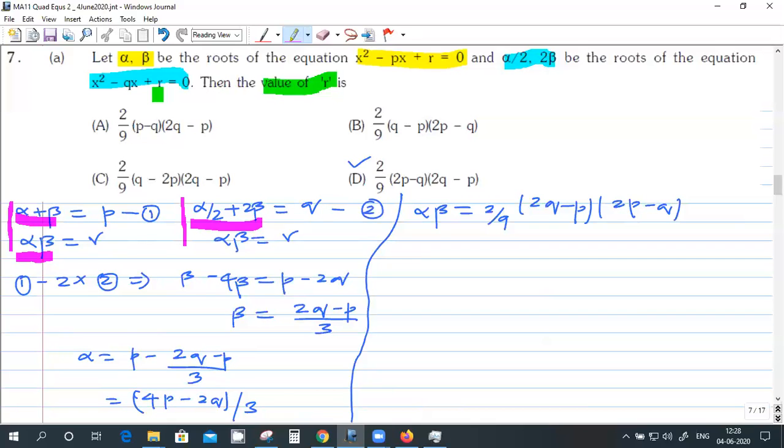Okay. Sir, I'm getting 2 alpha minus alpha by 2 is equal to p minus q if we subtract them. No, just find alpha and beta straight away. If you do this one, you'll get beta. Is that right? Equation 1 minus 2 times equation 2. Alpha will go away, right? Yeah. From that you'll get beta.